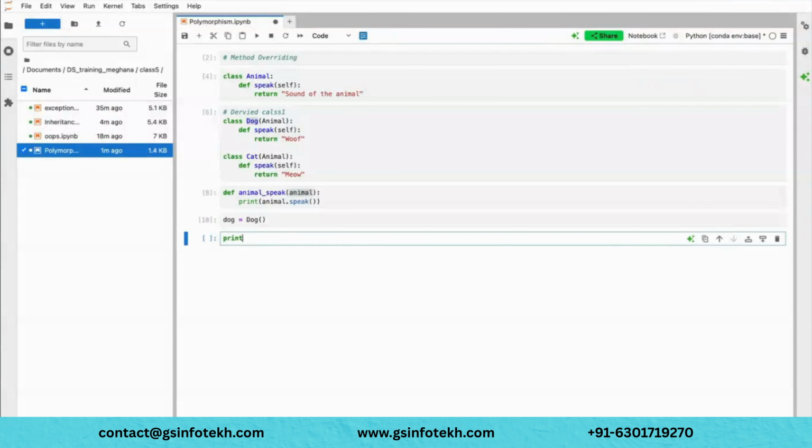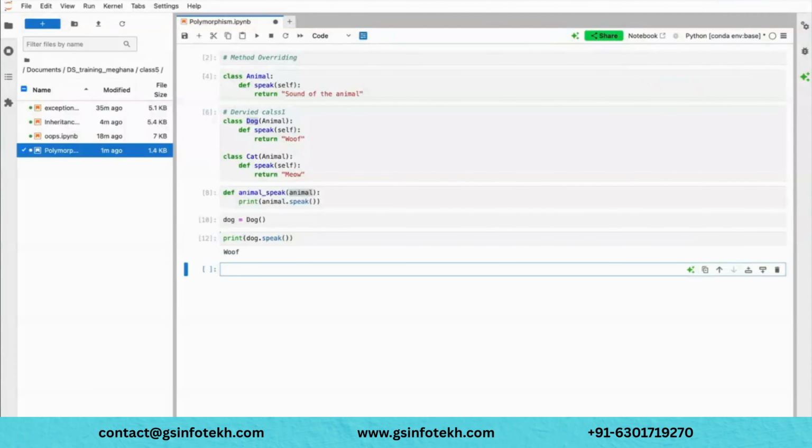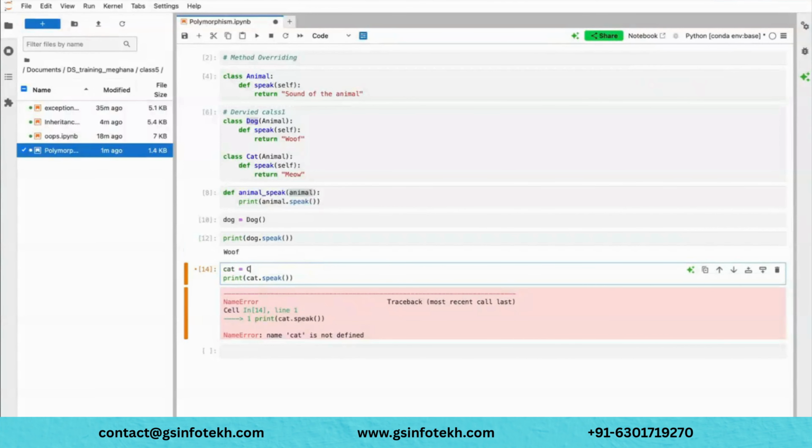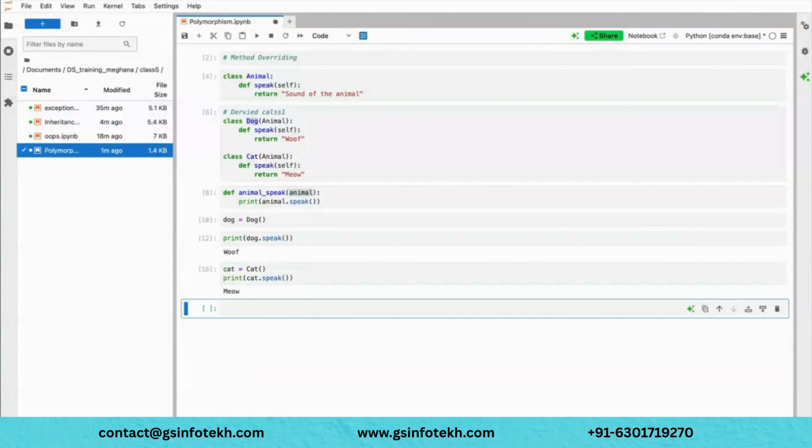Now you can use dog.speak(), correct? So it is giving a woof. And then let's say I create one more object called cat. Cat is not defined because we did not create an object here. Right, so this is what it is doing.